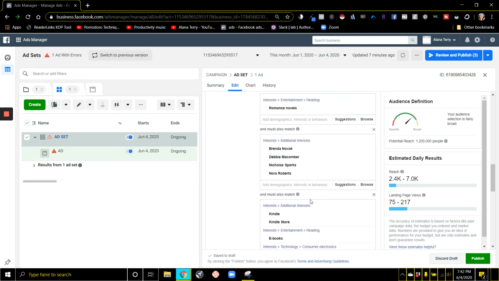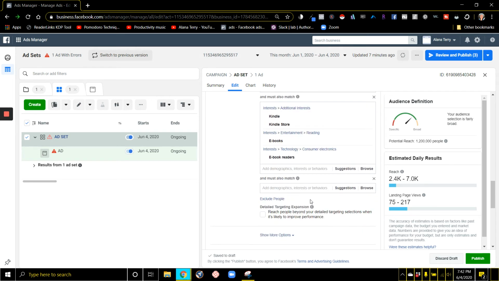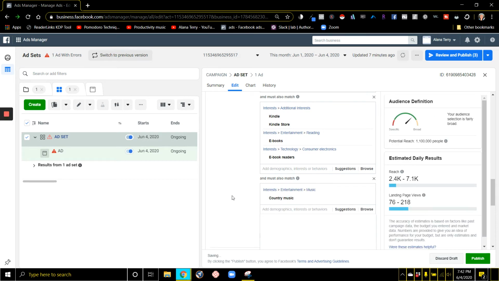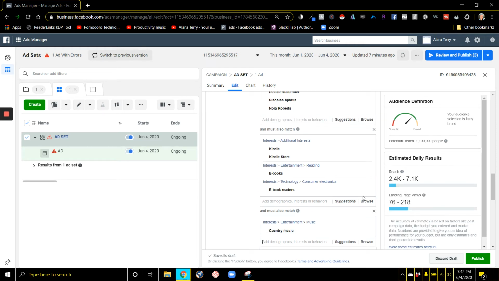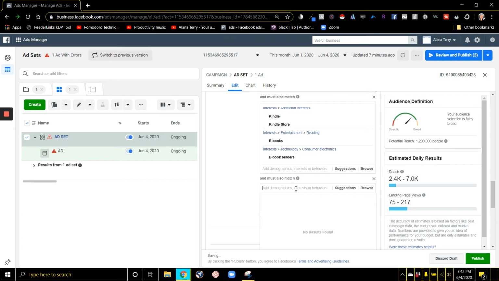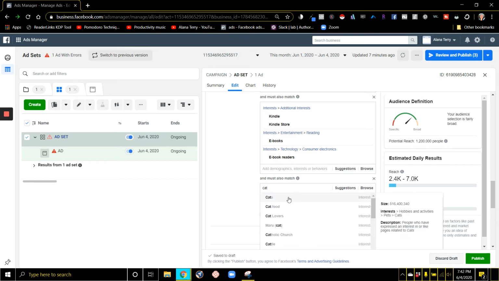So let's say this is a contemporary romance where the protagonist is a country western singer. I'm sure we could find certain things like this, like these people must also like country music, for example. So here you could add another to narrow it even further. Maybe your series always has cat owners. And so instead of country music, you could find people who own cats or cat lovers or things like this.